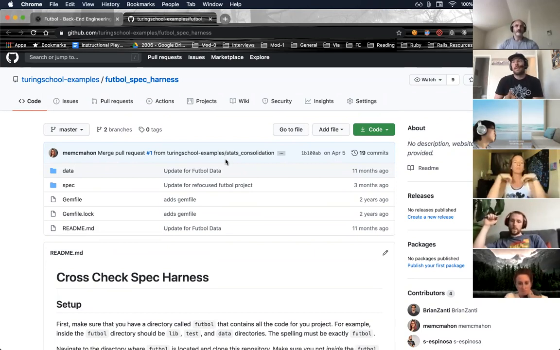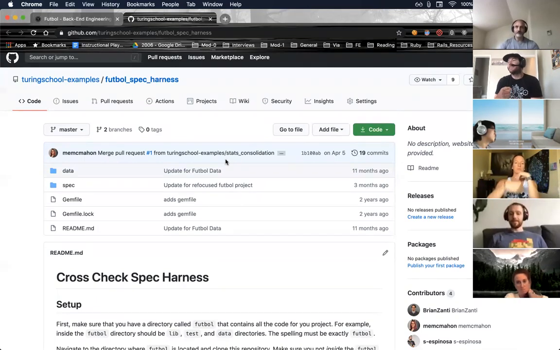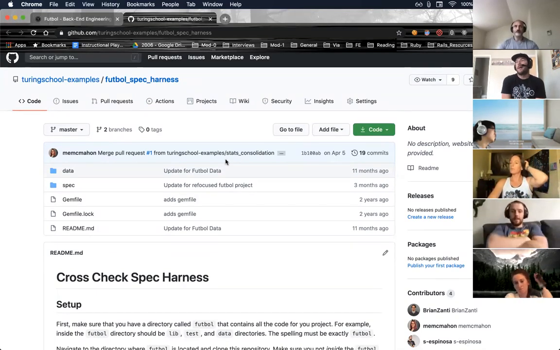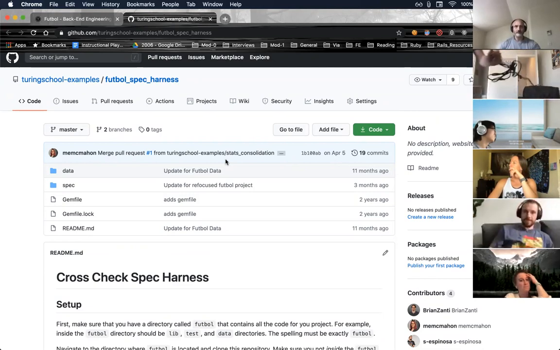What I will say is I've never seen it be wrong yet, and it's highly unlikely that it is wrong. So if the Spec Harness is giving you one thing and your methods are giving you another, it's probably because your methods are not quite doing what the spec asks you to do, and it's totally okay to ask clarifying questions about that. But if you come to us and say the Spec Harness is broken, it's going to be a lot harder for us to empathize with your situation.